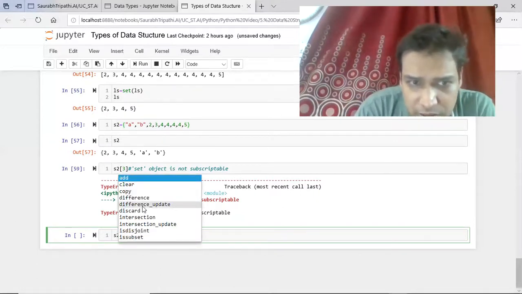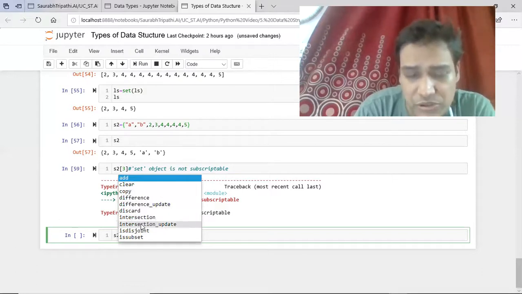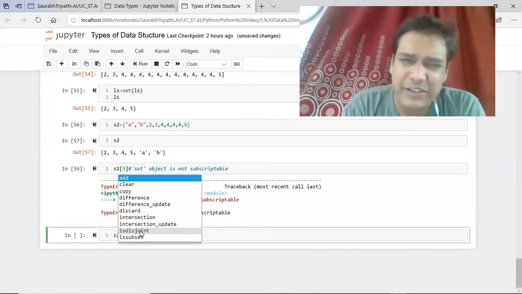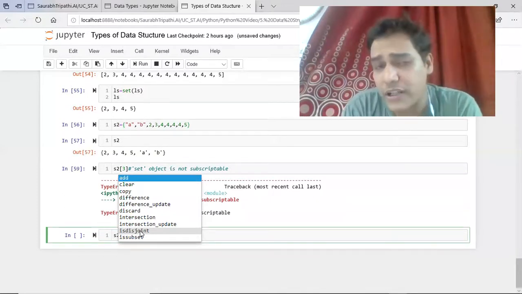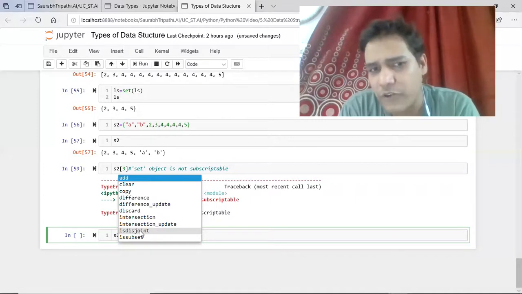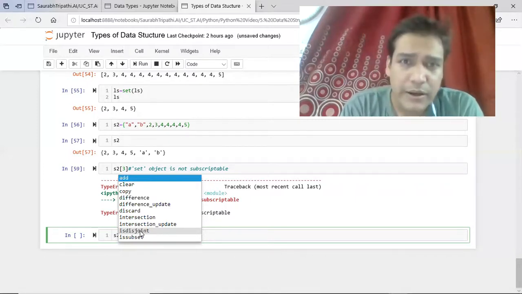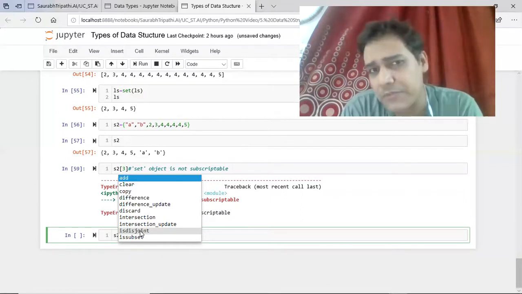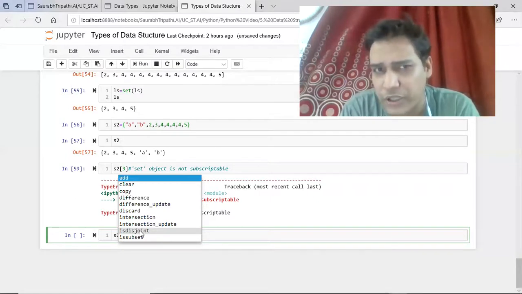As you can see, there are clear, difference, discard, insertion, intersection, and other functions that can be used separately. We are not required to use all the methods, so I'm not covering them, but I encourage everyone, whenever you are done with the Python part and feel confident enough, to make some time to see all the methods and what they do. It is not practical to cover every method in the course, and they are not used very frequently, but it would be a great practice.